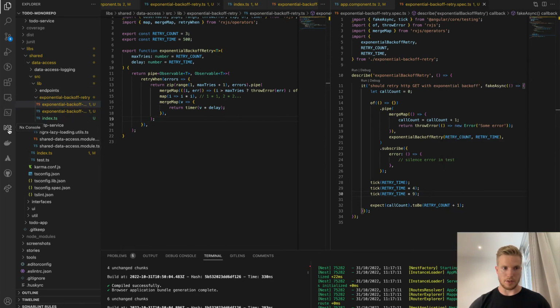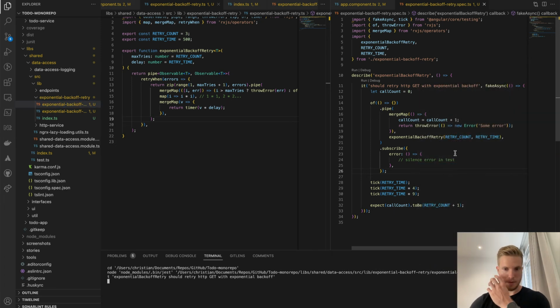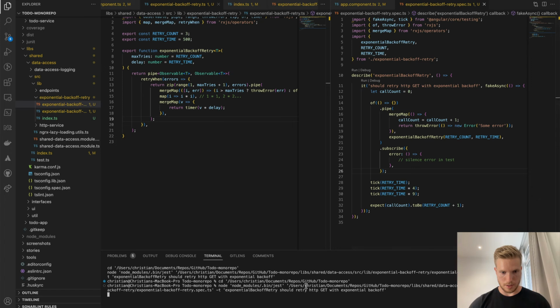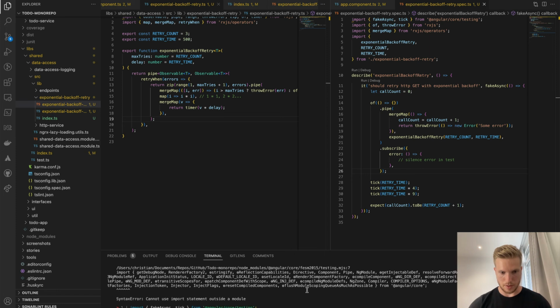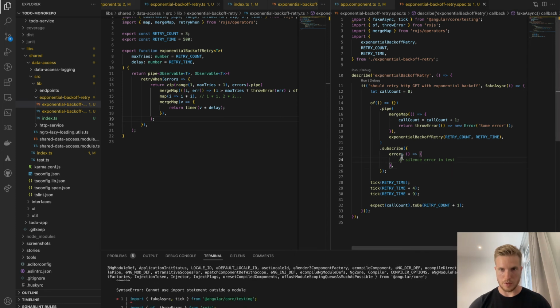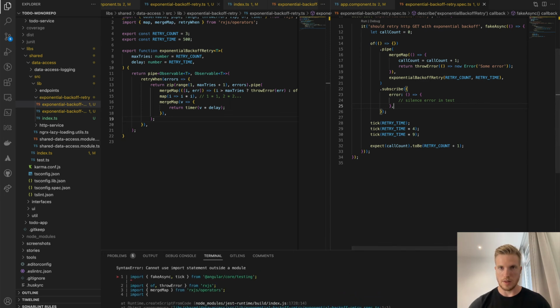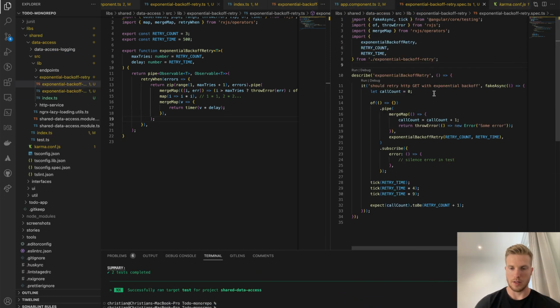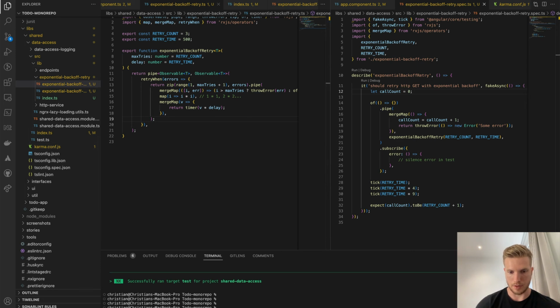And because I'm using Jest for this kind of test, I can just use this VS Code plugin for running Jest directly from VS Code like that. And let's see how it goes. So it fails, it says we cannot use import outside of a module. So I usually use Jest for my unit tests, but in this case, this library is actually set up with Karma, so we'll just run the test with Karma,